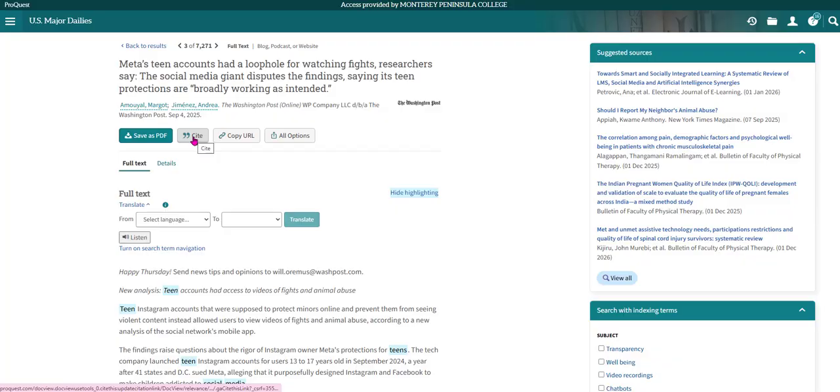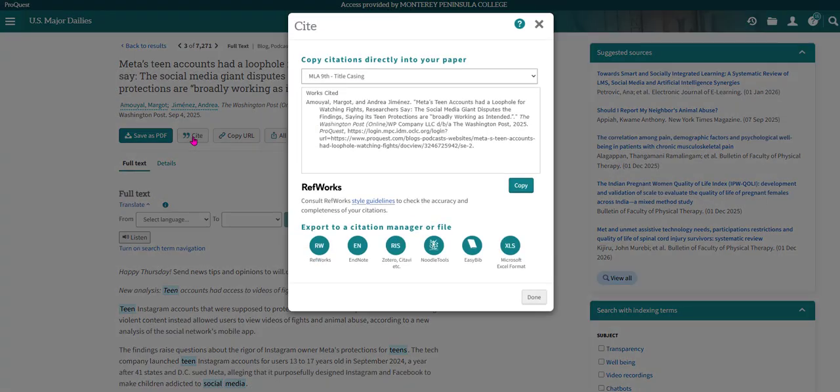You can get a citation. So I'm going to click on Cite. And what pops up is the MLA citation pops up automatically. So you can actually save it, copy it, put it into your notes if you'd like. You can also